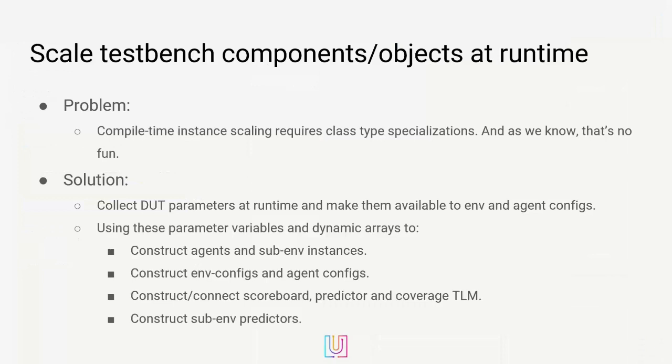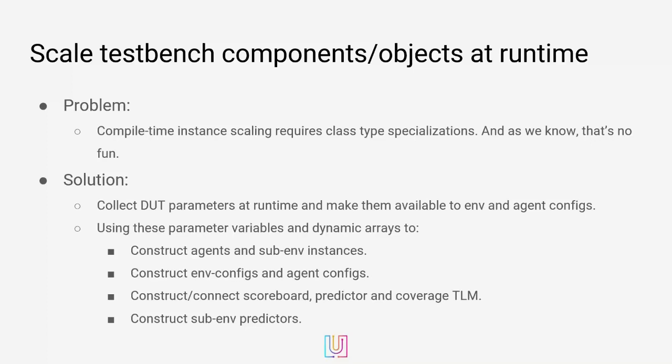So this one is called Scaling Testbench Component Objects at Runtime. With the highly complex and scalable designs of today, our VIP must scale to match. When a design uses a parameter in the packed dimensions of their ports, we must support interface parameters. And when a design uses a parameter in the unpacked dimensions of their ports, it causes us to generate a variable number of interface instances and UVC instances. And when a design uses a generate block in its implementation, we must dynamically construct a variable number of sub-environment